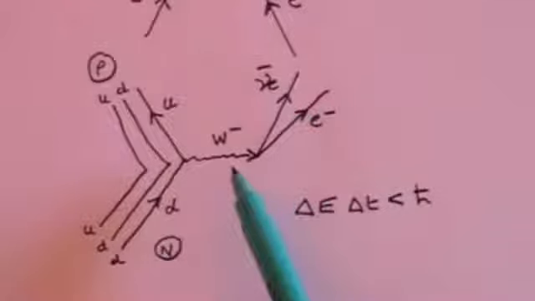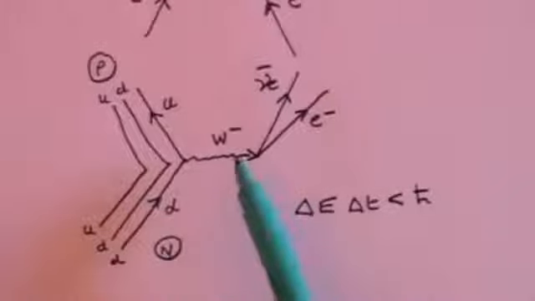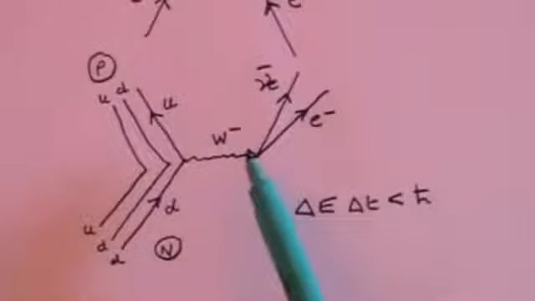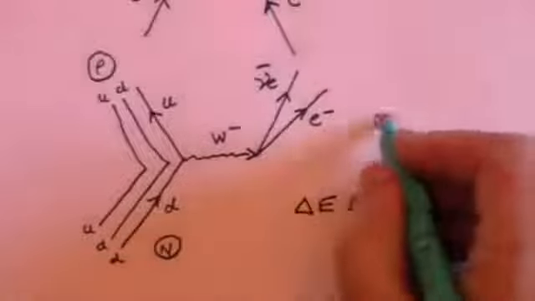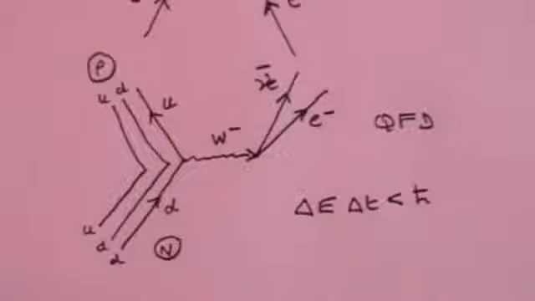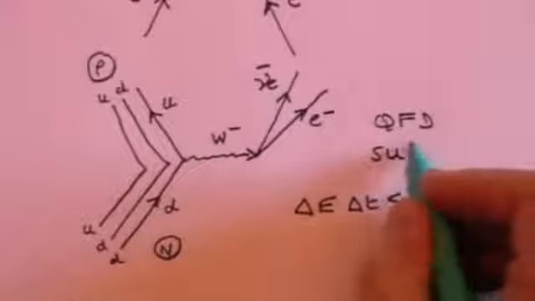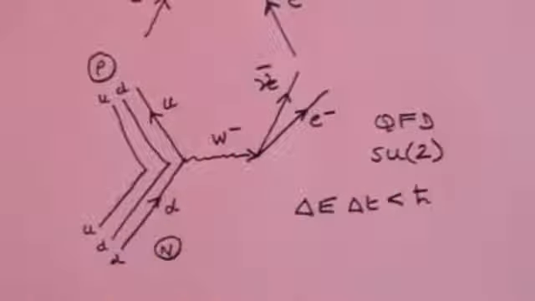And that's why the weak nuclear force is a very short-range force, because the W minus, which is the exchange boson, only lasts for 10 to the minus 25 seconds and can't get very far in that time. This whole process is called quantum flavor dynamics, QFD, and in mathematical terms it's represented by the special unitary matrix